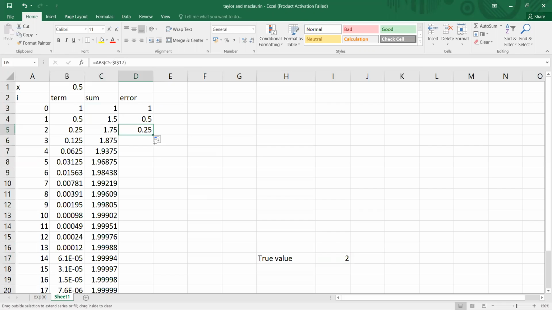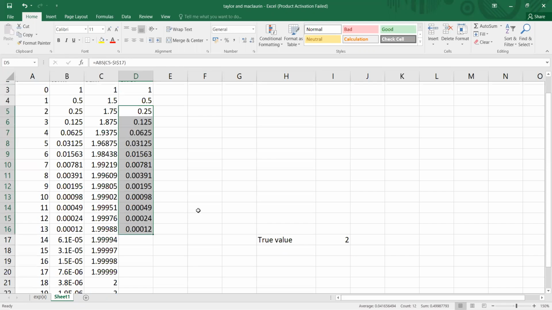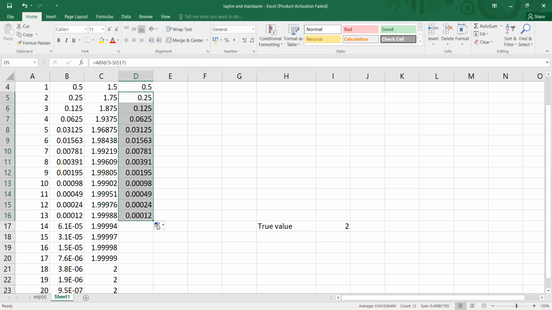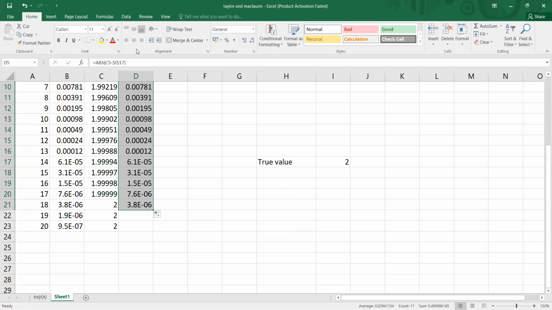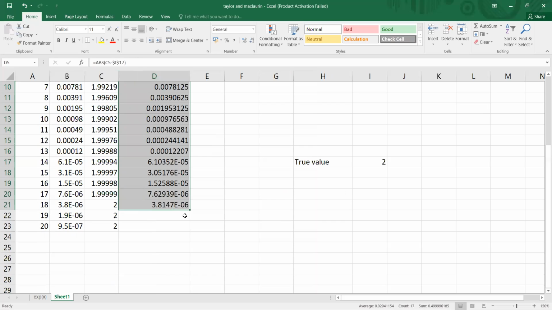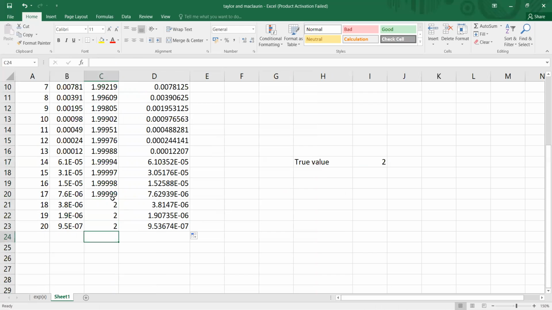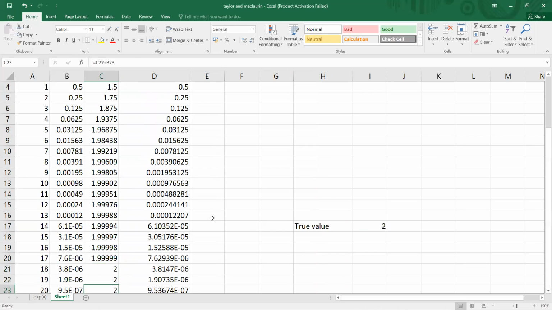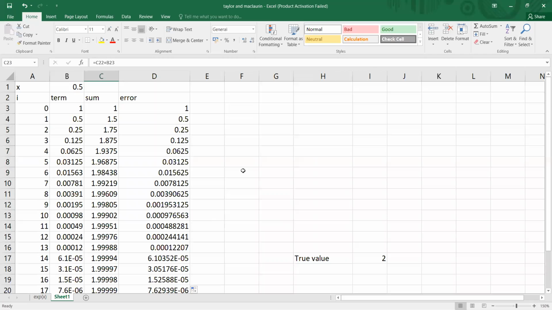In the same way, you have to proceed term by term. So you can see that the error converges to 0. And here we have the value of 0. I can extend the size, and it is in exponent terms, so 0.0000 something we have. You can see it is approximately 0, but if I fix the decimal points, then it is exactly 0, because the numbers are 2 here and over there. So this is the way of writing a series, and